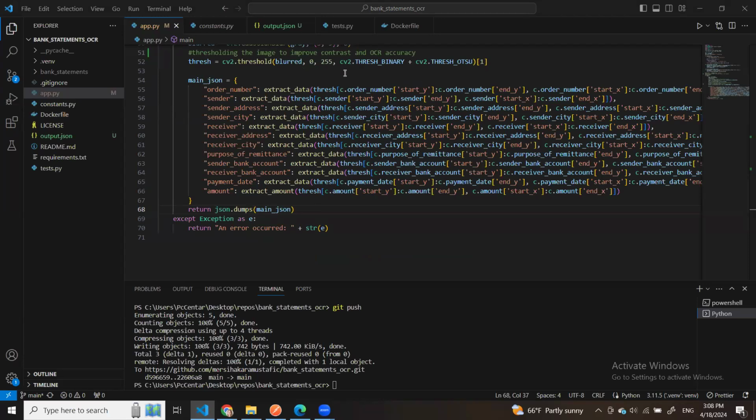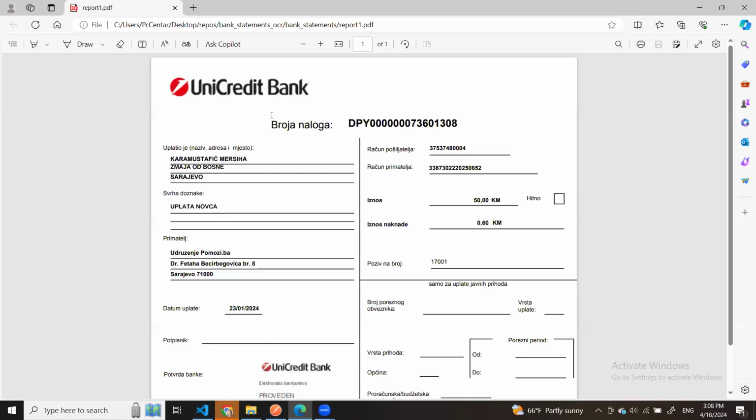Yes, for bank reports. That's why it's titled like OCR tool for bank reports. For general images, you can see here that bank report. So basically, when you make some transaction to the bank, that's the report you get after the transaction is approved by the bank. And that type of document is processed